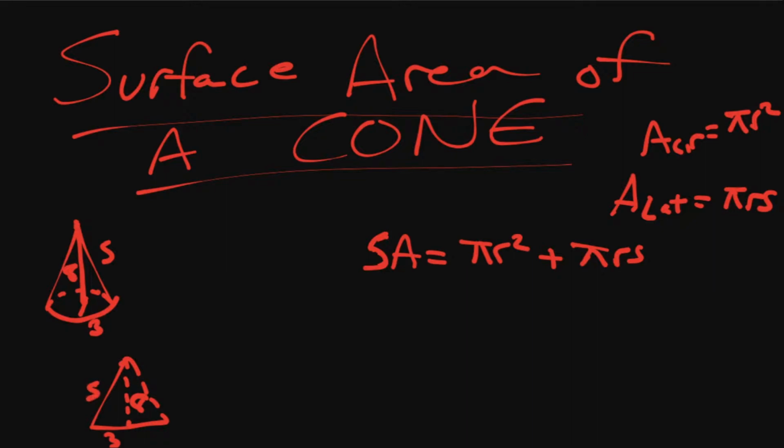So we could easily do 8 squared plus 3 squared equals s squared, which is 64 plus 9, s squared equals 73,